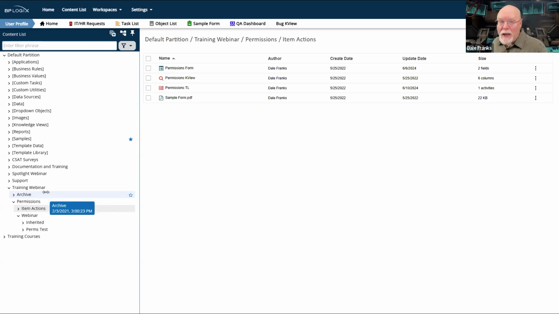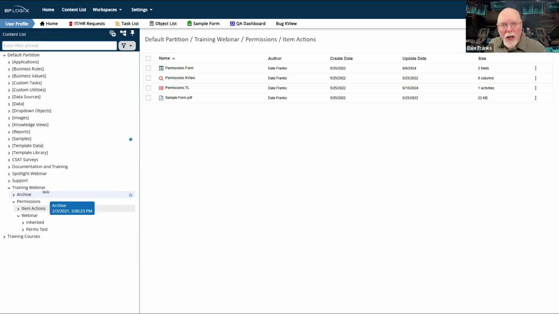However, on a case-by-case basis, I may have to do something a little different. For example, let's say that I have a form, and this form, which in this case just happens to take document attachments. Now, I don't want anonymous users to touch my form. I don't want them to run it. I don't want them to view it. They're not going to participate in the process. I don't want them to have any access at all to my form.